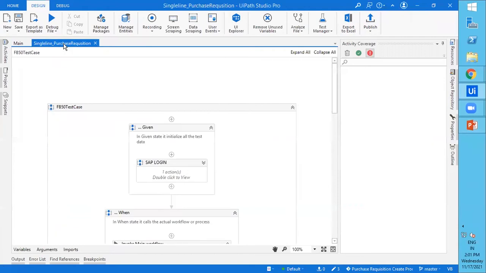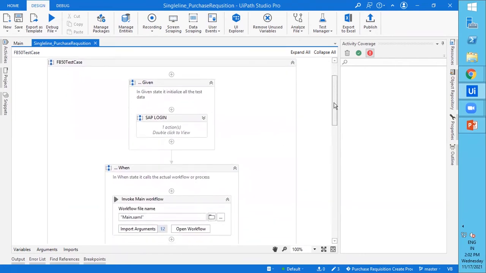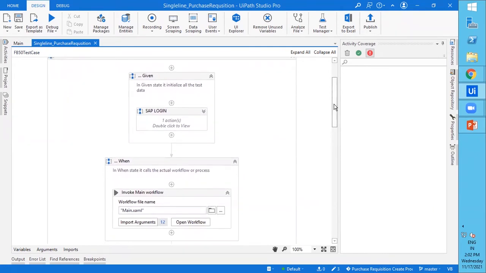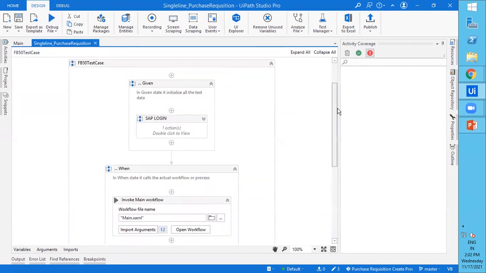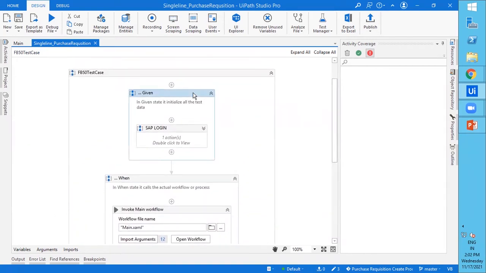So as of now, we are working with the data-driven test case. Reviewing this workflow, we notice that it is based on one of the recommended structures for defining and building test cases. It contains a total of three sections: given, when, and then. The given section is where we initialize the configurations or any applications. And because this is a data-driven test case, we also indicate the source for the data variations. Here, the source is nothing but an Excel file.